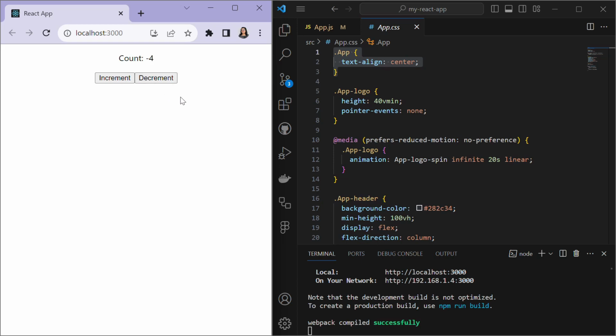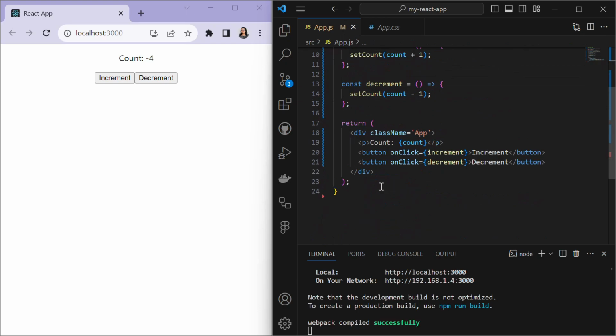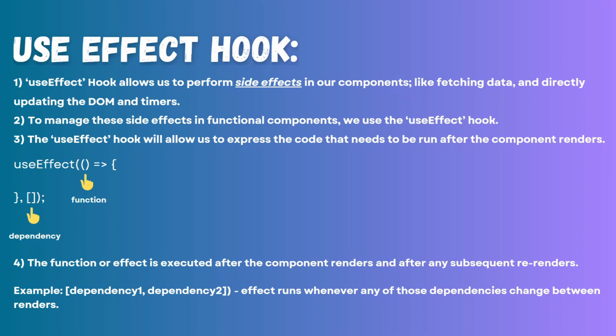Okay, so this is how we use the useState hook in React. Now, let's talk about the useEffect hook. The useEffect hook allows us to perform side effects in our components, like fetching data and directly updating the DOM